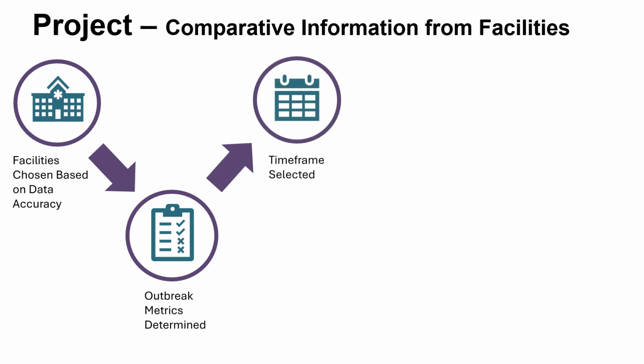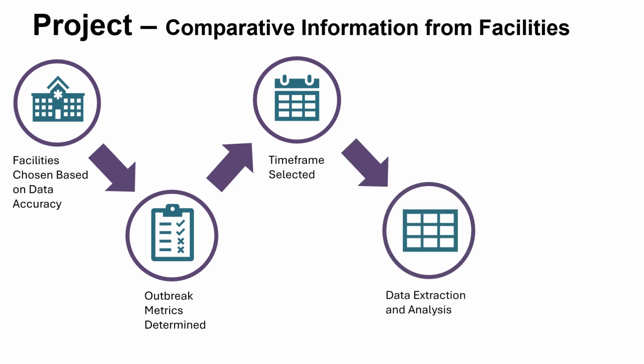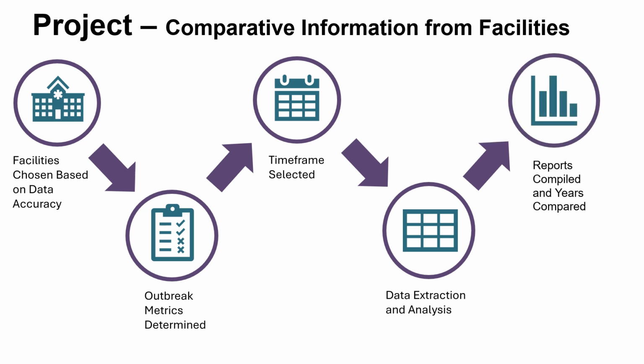Skewed outbreak numbers during the pandemic and the timing of the HPDS data extraction meant limited timeframes were available for measurement. Historical data averaging outbreak metrics from September to December of 2023 and 2024 was used as a precondition, against the same metrics from September to December of 2025 as a postcondition. Data was extracted from Ontario's Integrated Public Health Information System and facility line lists through TBDHU. Data was confirmed as anonymized, and comparative reports of the selected metrics per 100 facility beds were compiled.